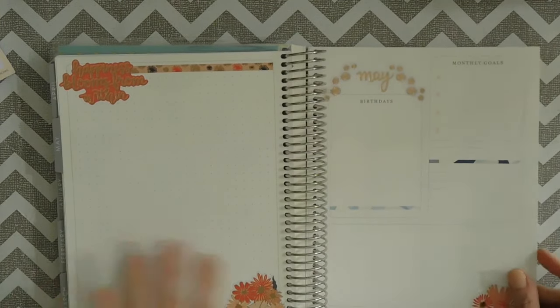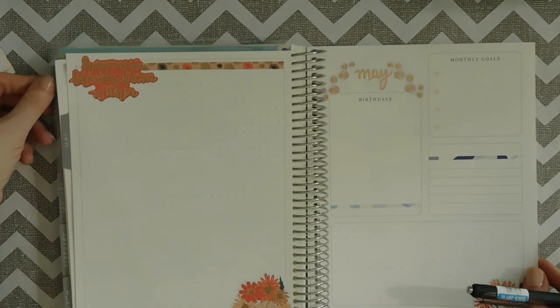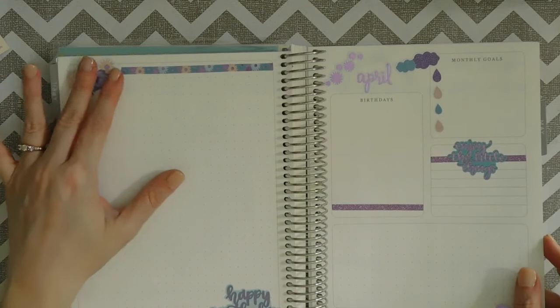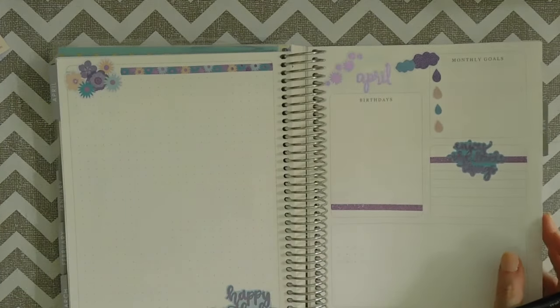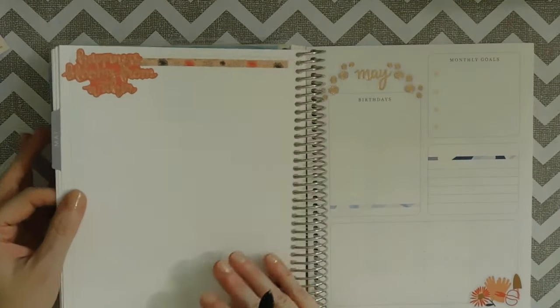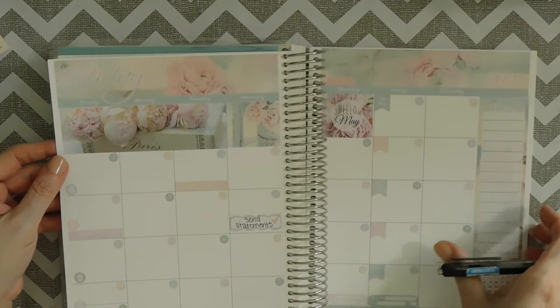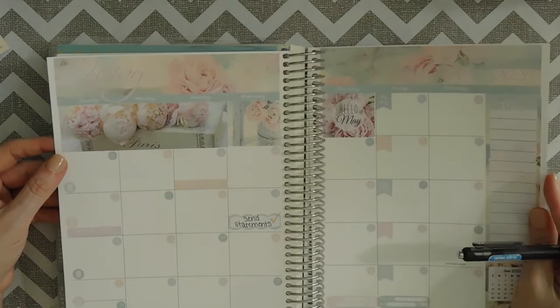So there's your monthly spread, and I have it decorated for May. Unfortunately, I've decorated it every single month, and I haven't figured out what on earth I want to do with it. But for me, it doesn't even matter if I'm using my stickers. It's almost like it's a part of therapy, and it just makes me feel good to do it. This is my monthly spread for May, and like I said, this makes me so happy to have everything